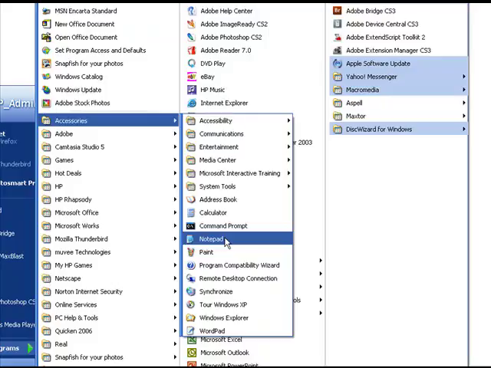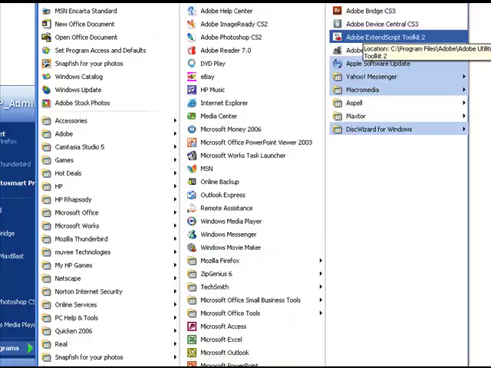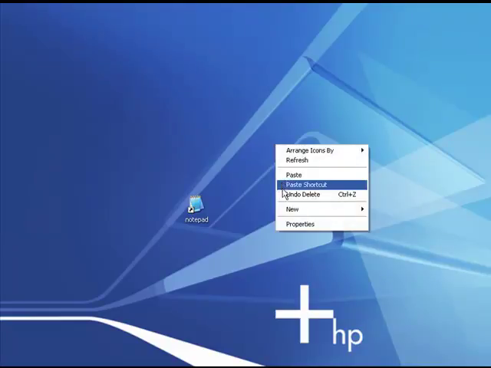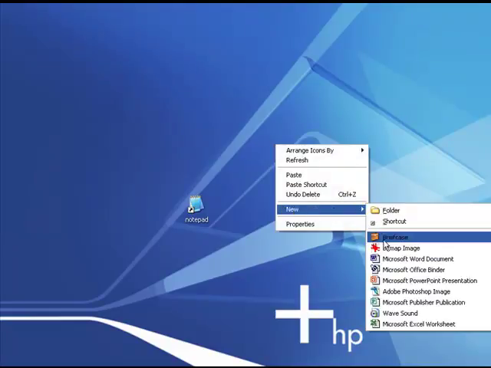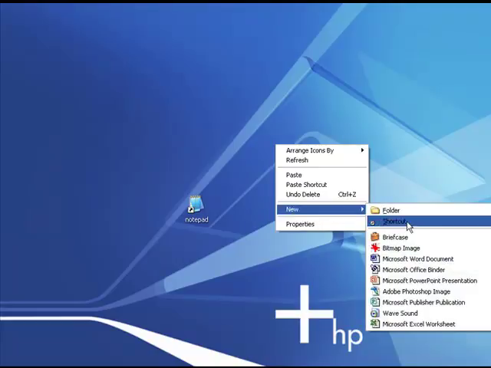Now, one thing you can do, or at least it's what I do anyway, because I don't like to go through this process each time just to get my Windows Notepad, is I can right click on my mouse on my desktop, anywhere on the desktop, go to New, and sometimes it's going to be right in here. What I do instead, so that I don't have to do that, is have it right here on my desktop. As this little arrow points out, this is a shortcut to my notepad. You can do that by right clicking on your desktop, going to New, and then left clicking on Shortcut,